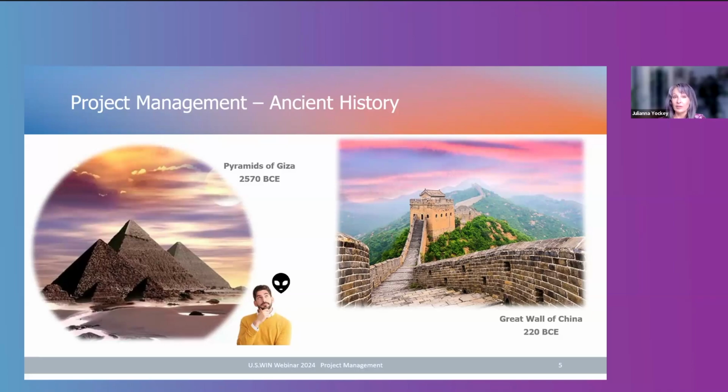In fact, even with all of our scientific advances and our fancy machines, we're not really sure how they managed to move those stones and place them so precisely. Once in a while, I'll tune into shows on the History Channel, and they'll try to convince you that they had help from ancient aliens. And whether you believe that or not, it's a lot more likely that they were just really, really good at